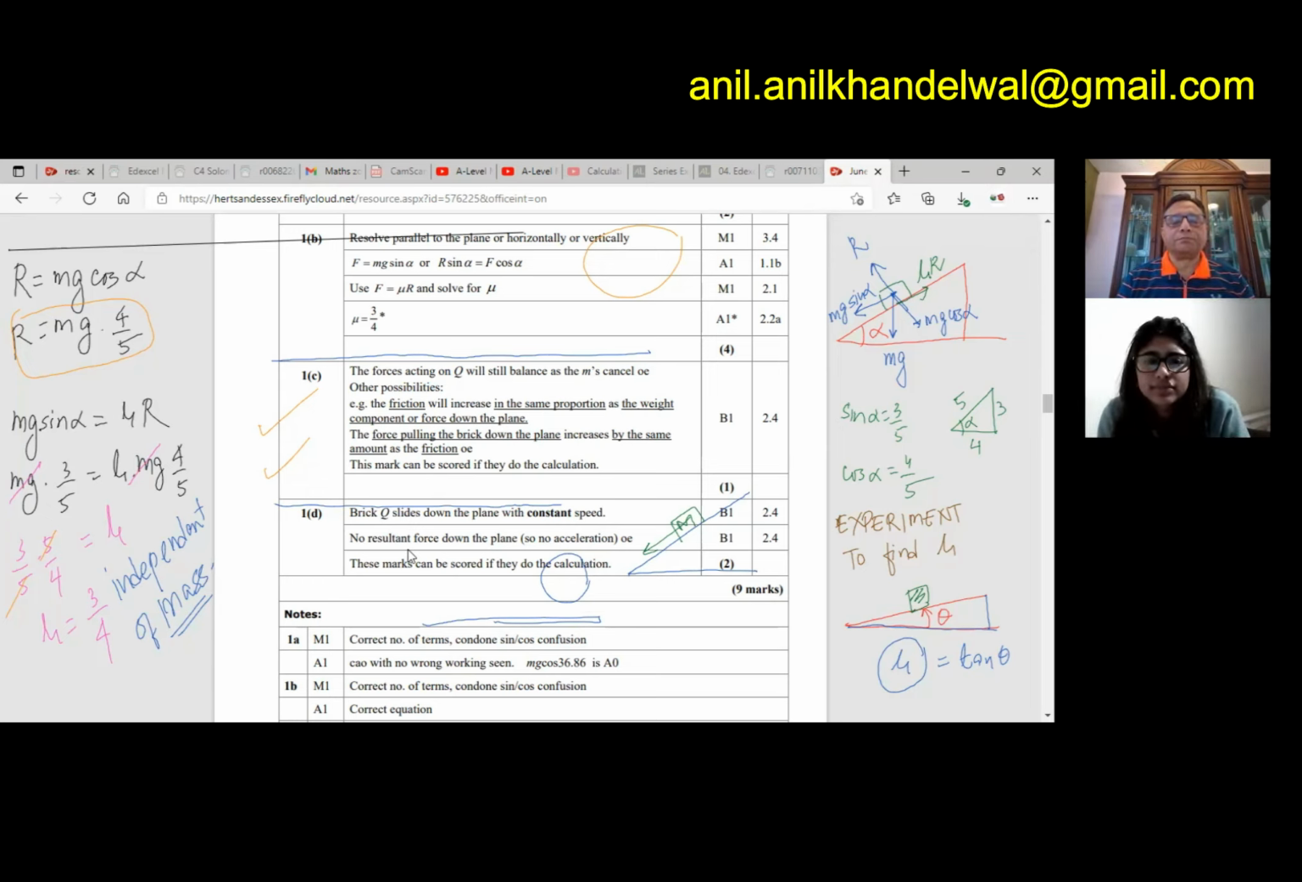Now, D. Brick Q slides down the plane with a constant speed, and then no resultant force down the plane, so no acceleration. Mass can be done if they do the calculations. So what are they trying to say? I don't understand the question. Brick Q slides down the plane with constant speed. They are saying if there's an acceleration,